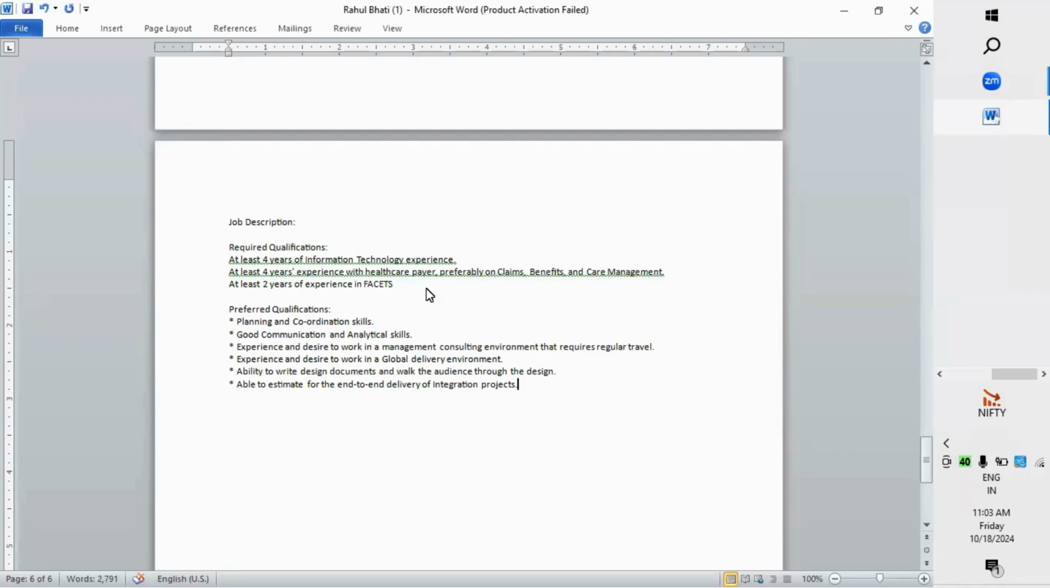Because this is all about the Facets business analyst, this requirement is all about that. But when you see the job description, are you listening, Rahul? Yes, I'm. Okay, thank you. Right. But before I explain the job description from the context of the Facets application,